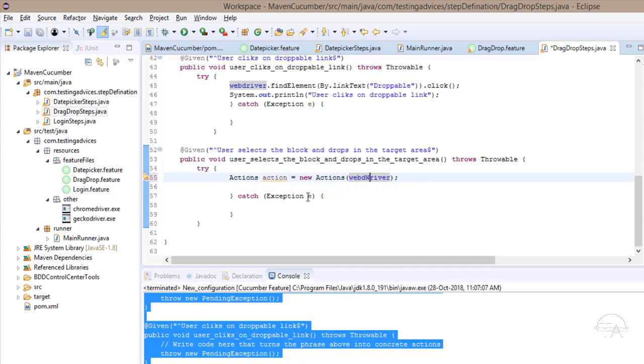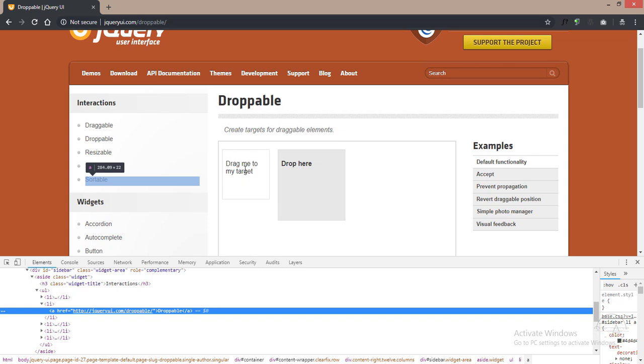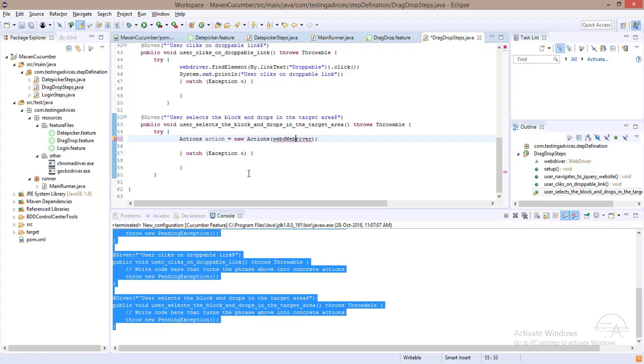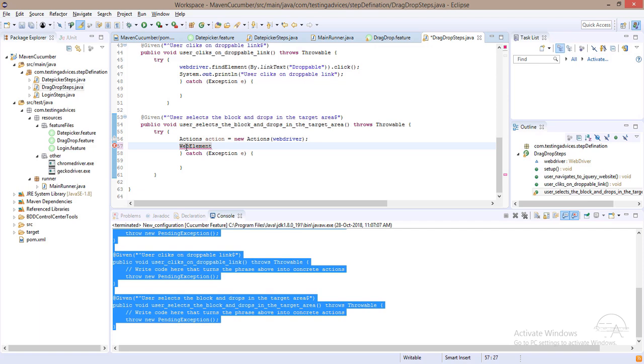Okay, so now we'll define a web element. So for what purpose? This is our source and this is our target. So there are two different objects. So we will store these objects in elements. So in order to do that, we'll create a WebElement, call it source. Okay,